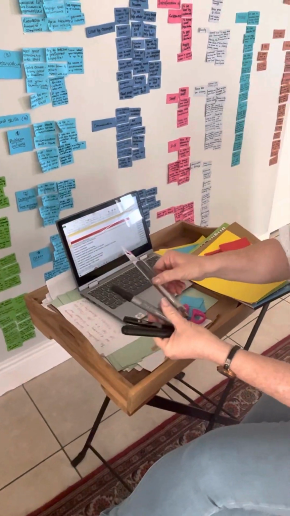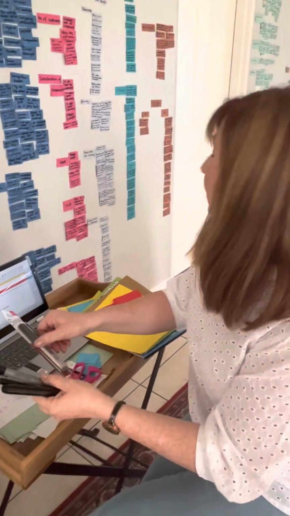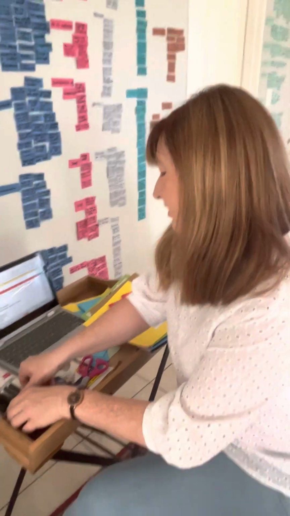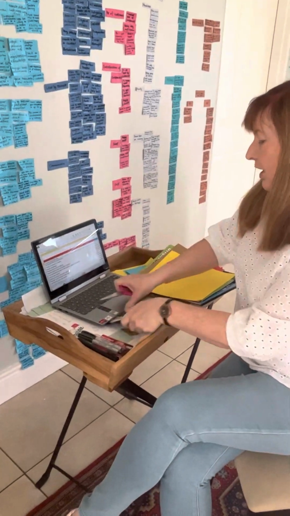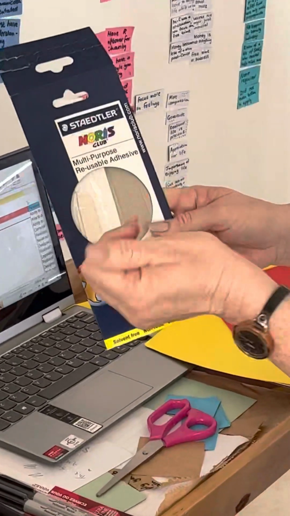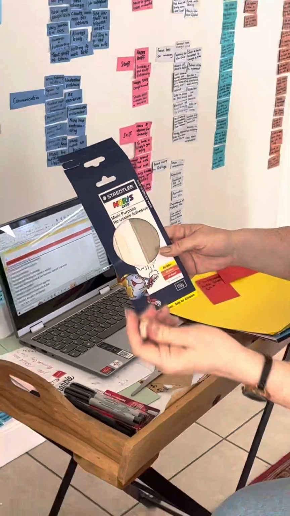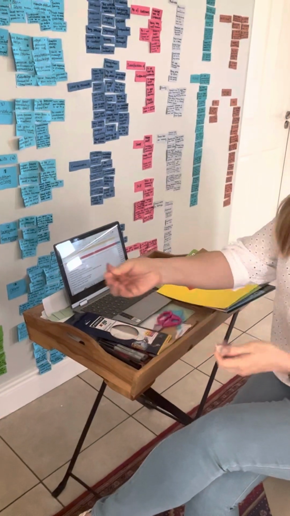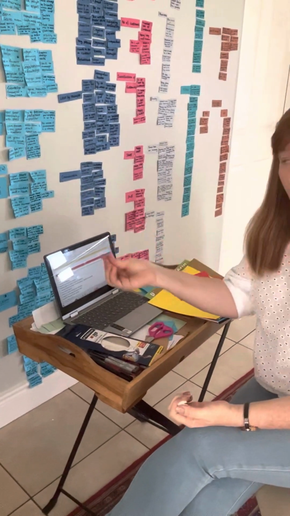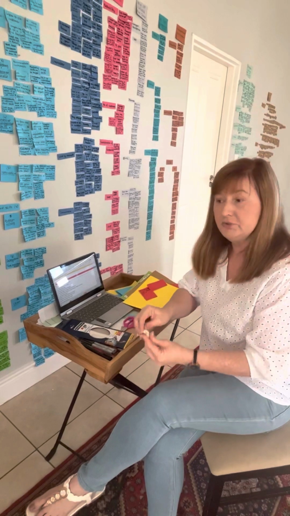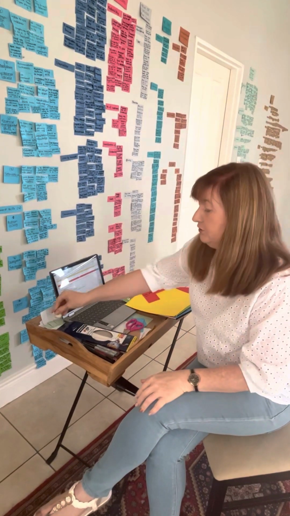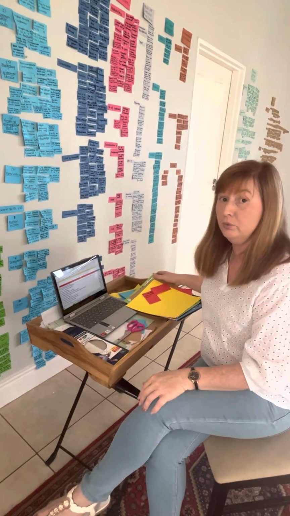I think I went through 6 or 7 for one wall of qualitative data analysis codes. And then you will need scissors and some press stick, any make of multi-purpose reusable adhesive. It's that white stuff that you can put on a wall or a whiteboard or a cupboard door or anything where you feel your data will not be disturbed. You can even use a kitchen table if it's appropriate, but I have a cat who will disturb my data